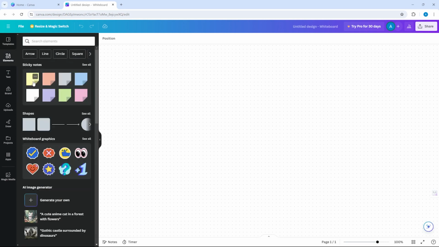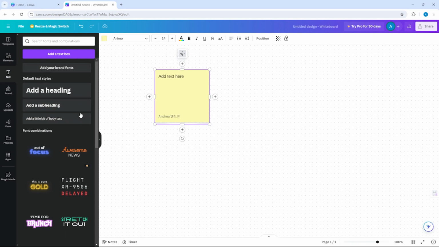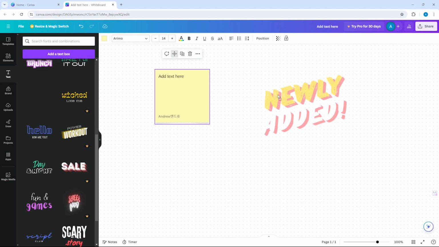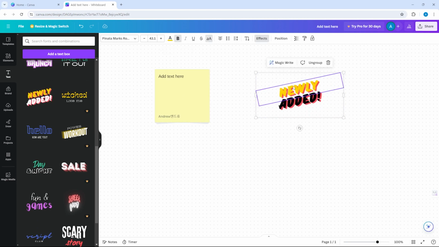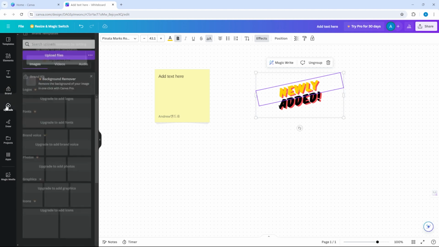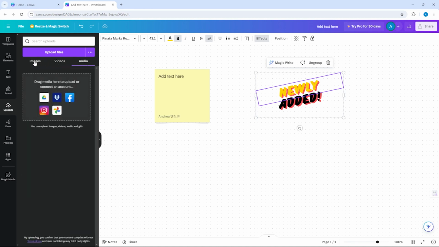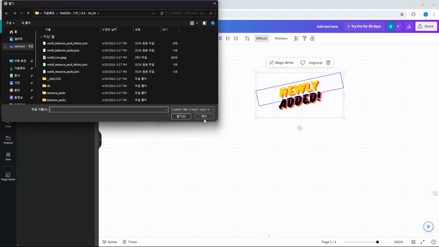So it says you can drag and drag out, and you've got a nice thing to use, like you can add text here, or you can also use the text heading or like this, or other pre-made things, even brands. But this one is the pro section. You can also upload your image or video by pressing upload files. This one,